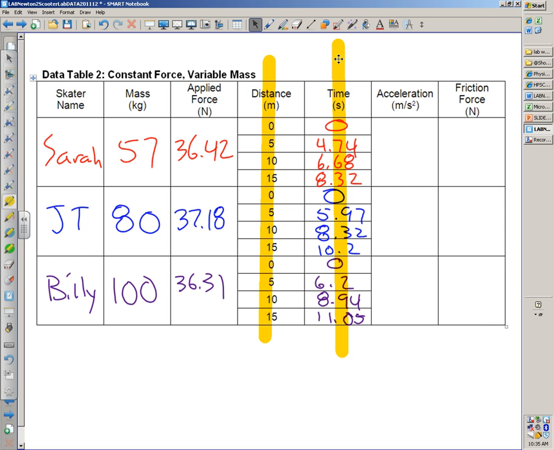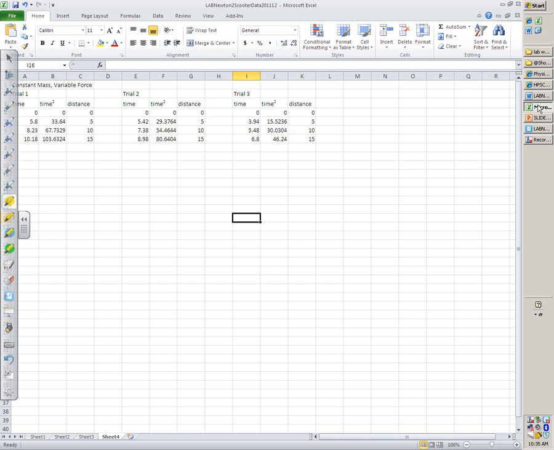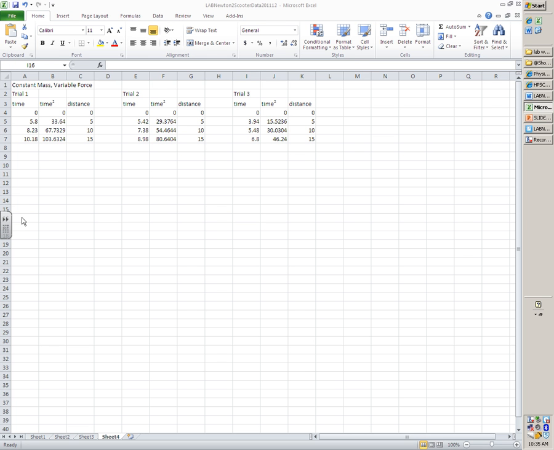So in Excel, it would look something like this. You're going to have 3 separate data tables. Distance and time, and then I set up Excel to automatically calculate the squared value of all those. You can just have 2 columns, one for time squared and one for distance. If you know how to use formulas in Excel, fine. If you don't, you can just do it on your calculator. Okay? But you're going to need time squared and distance. Okay? Good there, to start.